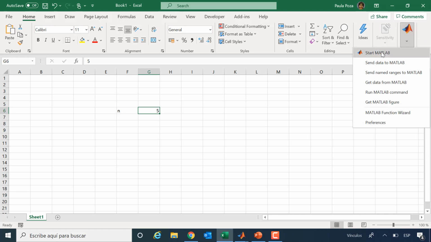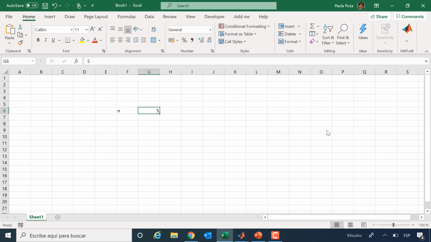The first step is I start MATLAB. It's going to start a MATLAB session and link that MATLAB session with this spreadsheet. And from that moment, whenever I do things in Excel and send data to MATLAB, it will be to that MATLAB session. So spreadsheet link works in three steps. Step 1, I send data from Excel to MATLAB.